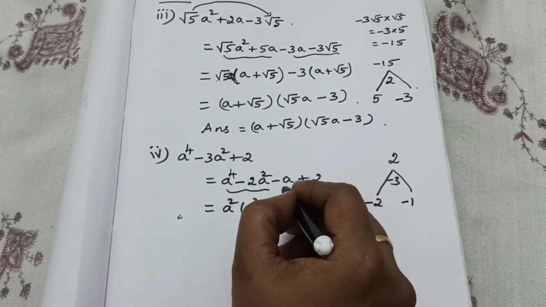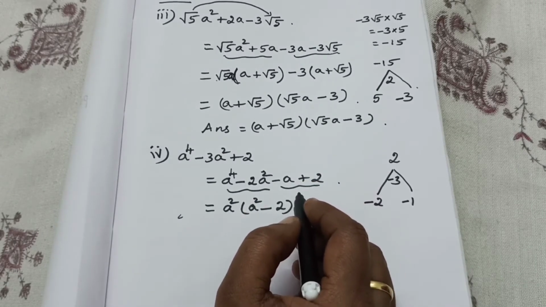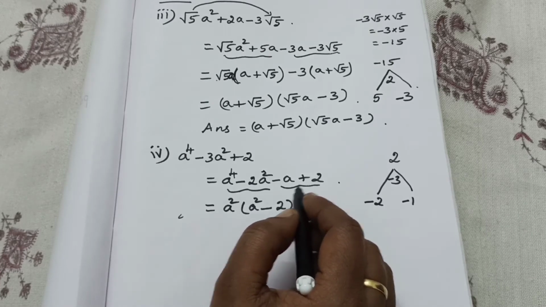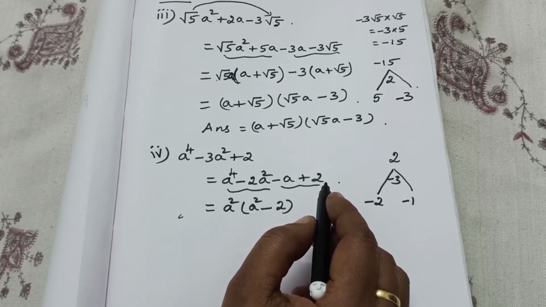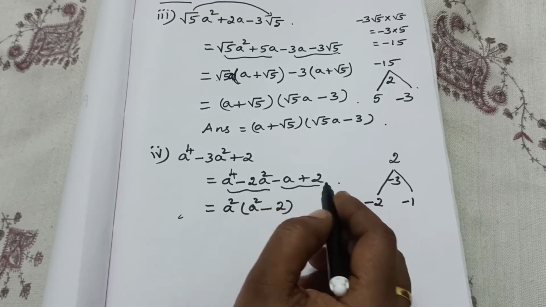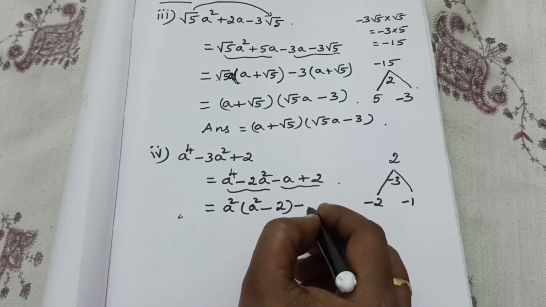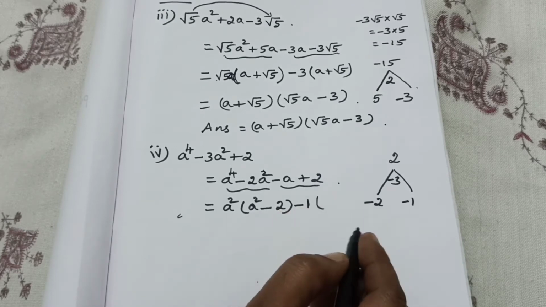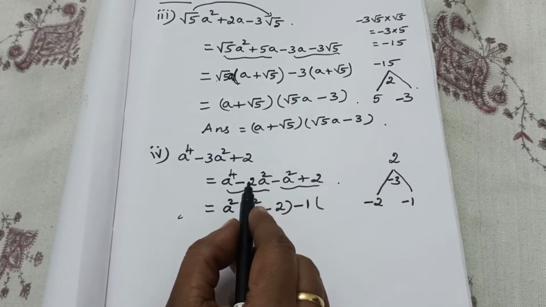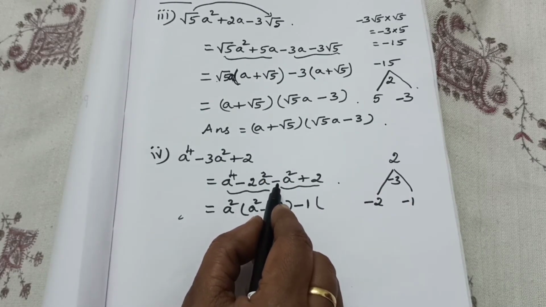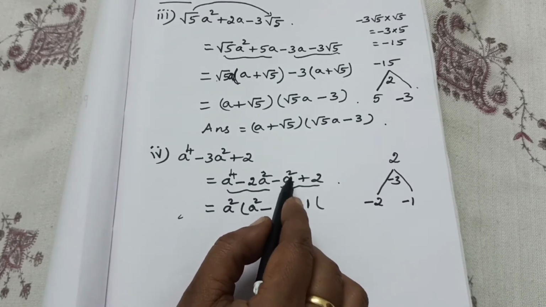Then close it. Next two terms you should take, which is common? Here minus a square, here 2, and 1 is common, isn't it? 1 only is common, no other term here. Suppose here 2 is there, then 2 common we can take outside. Then I shall take minus 1. Then remaining is a square minus 2, a square minus a square.